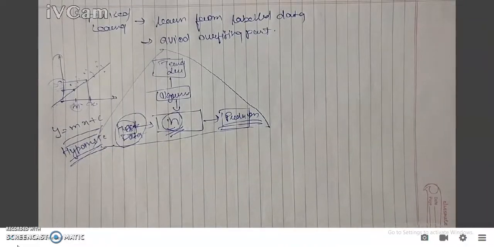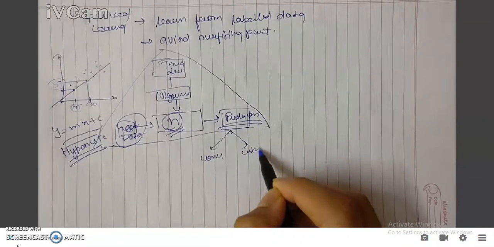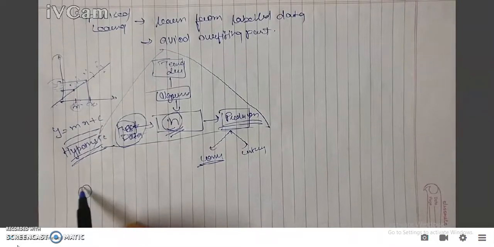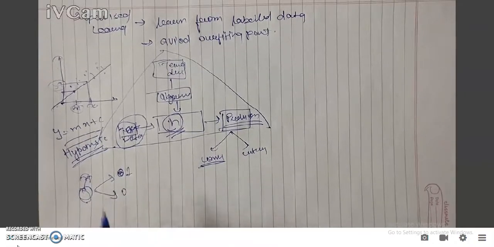The supervised learning can be of two types. One is continuous prediction and another one is categorical. In continuous, the data is continuous, right? If we see here, at every different x value we are getting different y values, right? But in the case of categorical values, suppose there is an apple or a mango fruit, right? So it is a mango, right? There are two categories: whether a fruit is a mango, that is one, or it is not a mango, right?